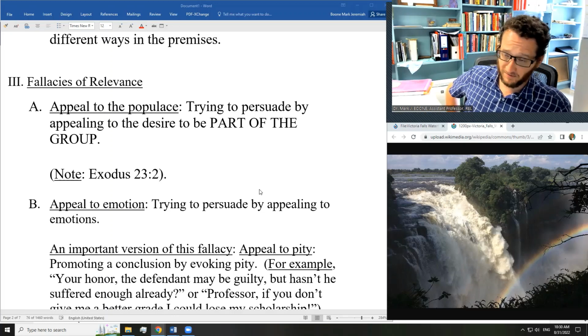However, an appeal to the people fallacy, an appeal to the people argument, is not always bad. You can work out a very simple one just by looking at electoral politics. The people prefer by a 3-to-1 majority a particular policy as demonstrated by a particular election. Therefore, that policy is,